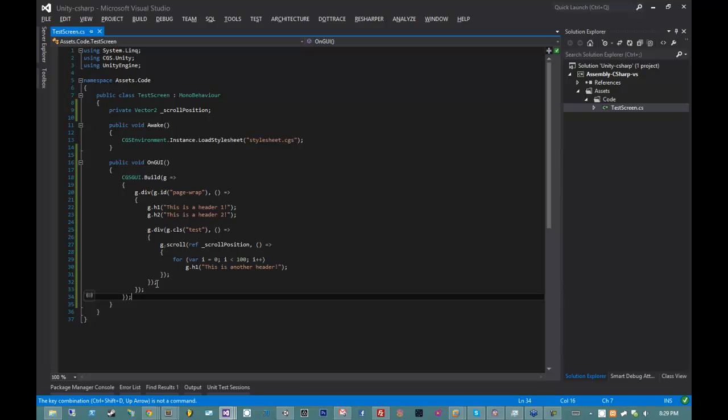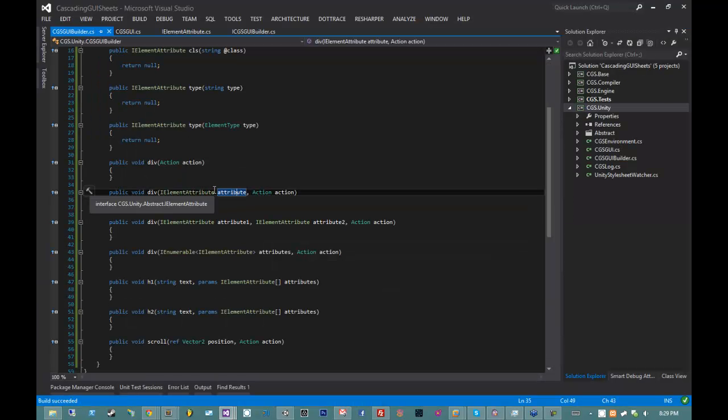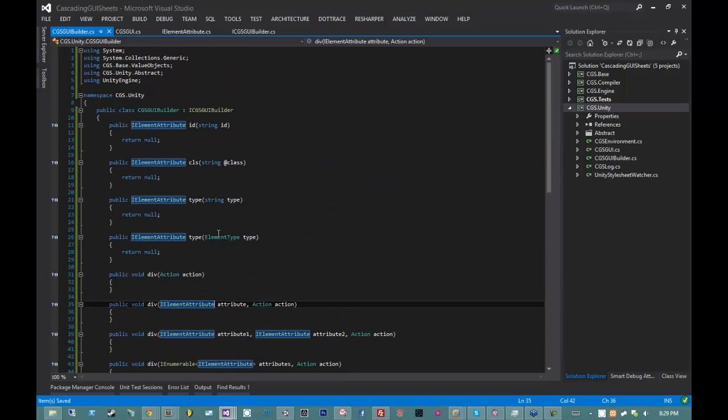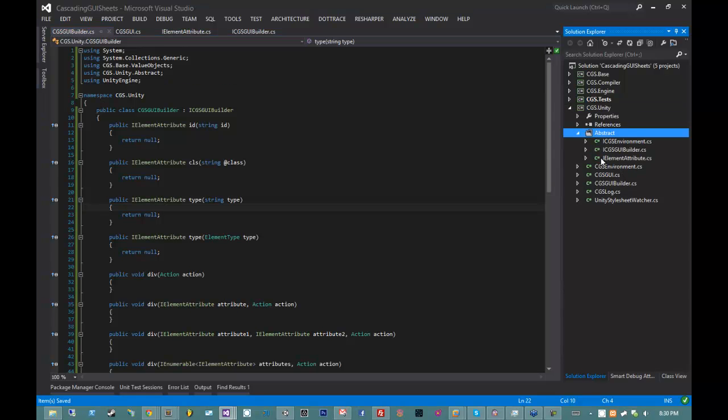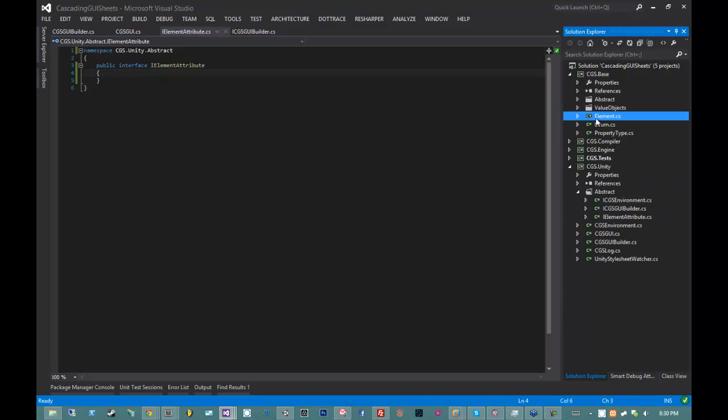So it's already looking a whole lot cleaner than if we were trying to express complex layouts using GUI layout. And that's actually exactly what we're about to do, because that's all CGS GUI Builder does, is it wraps around GUI layout invocations. So let's do our iElement attributes first. iElement attributes, all they do is they modify an element, and the implementation of element that I have,